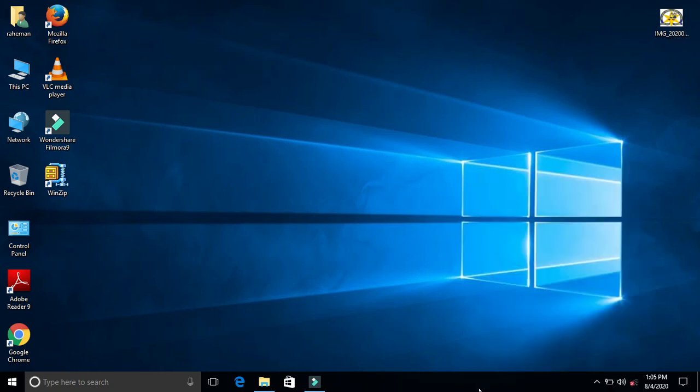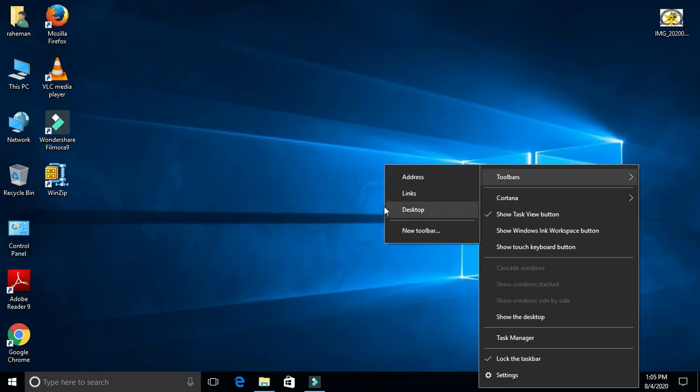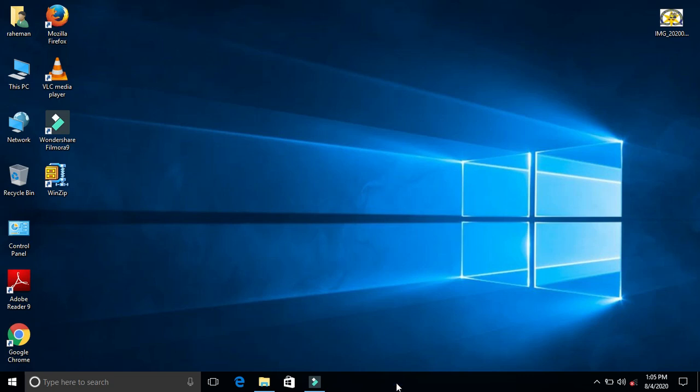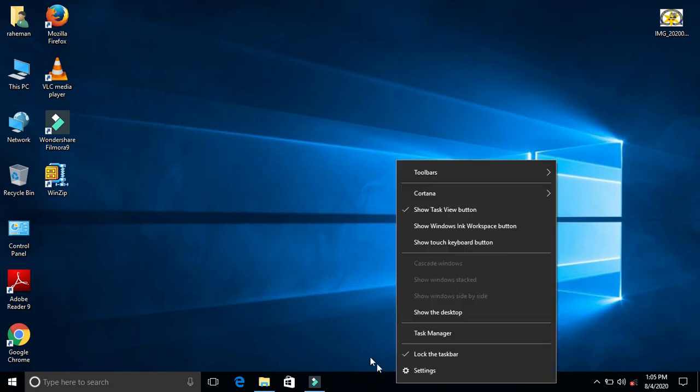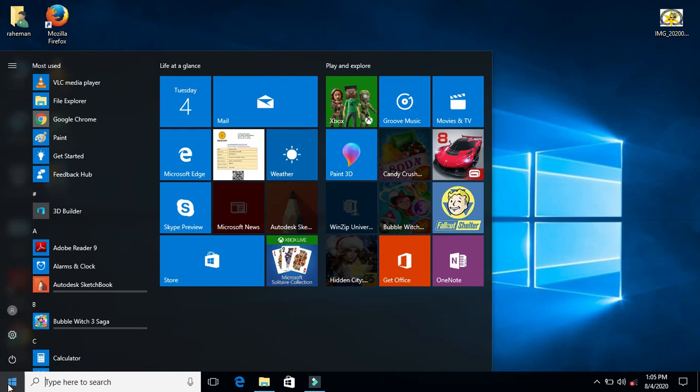Here are some taskbar tools, where by right click we can decide where to keep it or how to customize it. In the left bottom corner, we have the start button. If I click on it, you can see what opens here.